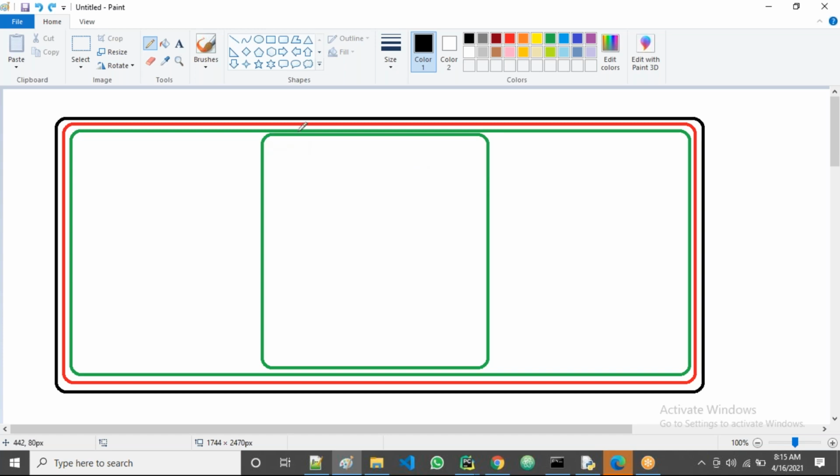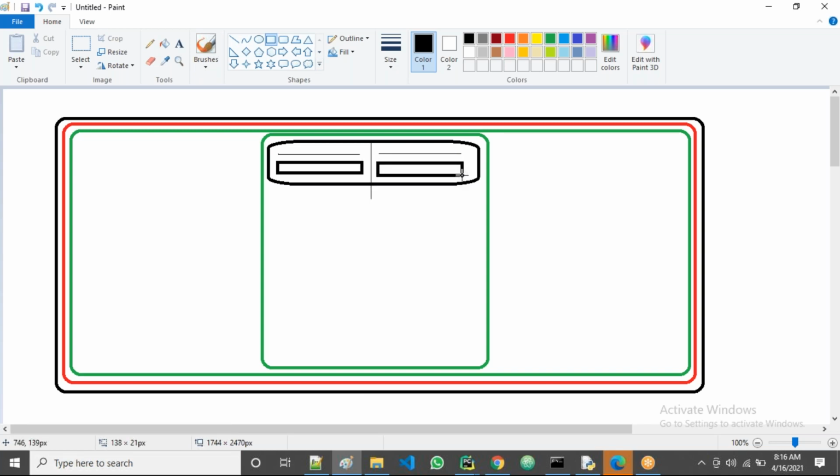See what I'm saying. In the six columns, first, what do I do? I'll take the row again. In this row, how many columns are there? 12 columns. So in the first six columns, I take the first name label and the first name input box. Next, the next six columns, what do I do? The last name label and the last name input box. Like that, one row is over. If you want one more, you can take one more row also.